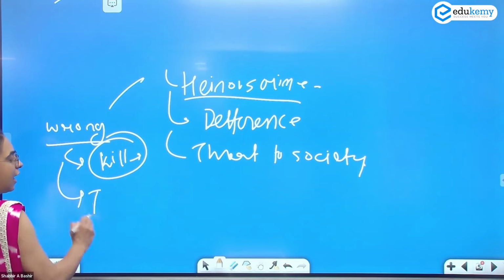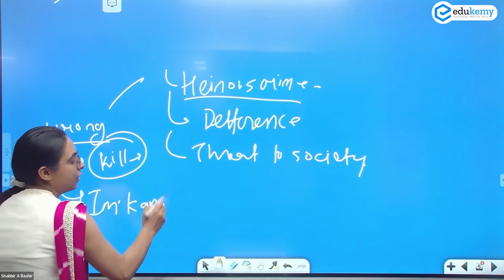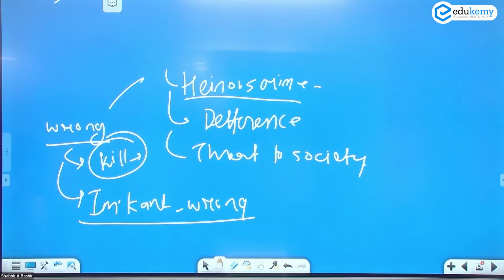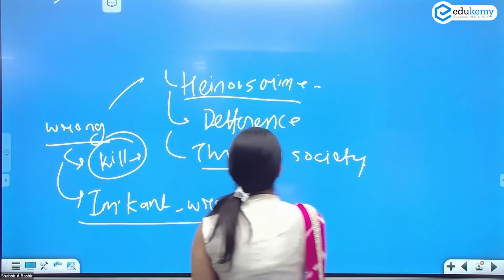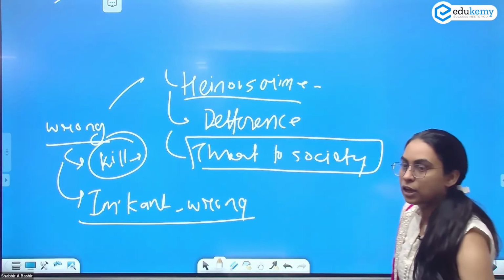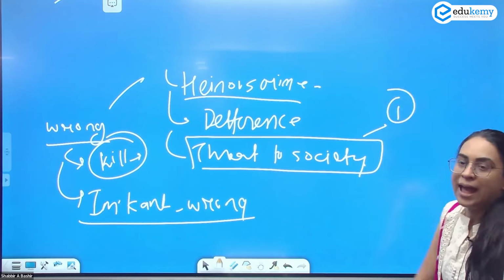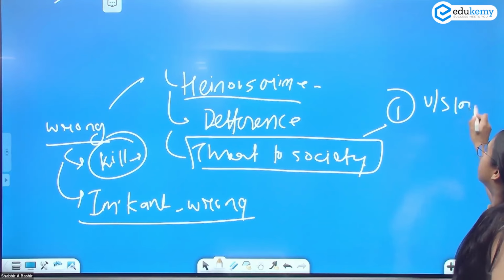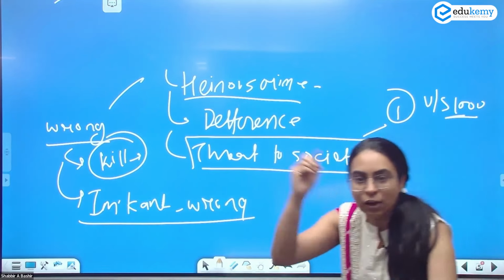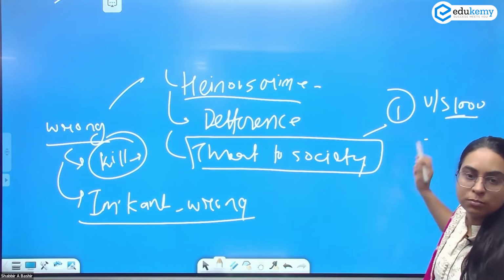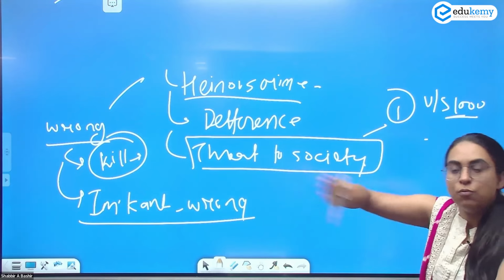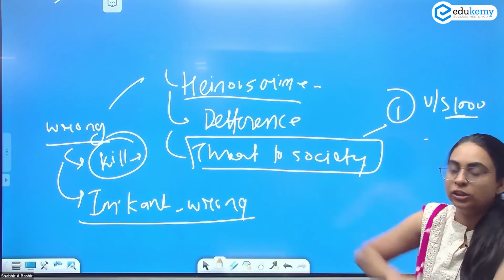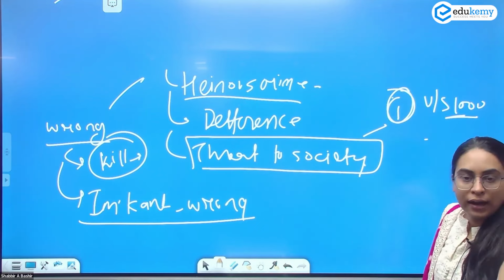We will say that as per Immanuel Kant, it is wrong. Why is it wrong as per Immanuel Kant? Because see, यहाँ पे बोल रहा हूँ कि threat to society है, यानी you are saying that it is better to hang one person versus protecting 1,000. Threat to society यानी just by hanging one person, I can protect 1,000. Terrorist है, पूरी society को, पूरी city को, it can bring the entire city to ravage. पूरी city का destruction करने से अच्छा एक person को hang कर दिया.